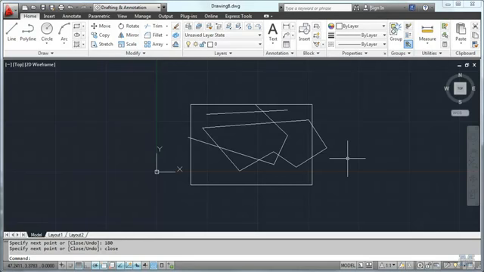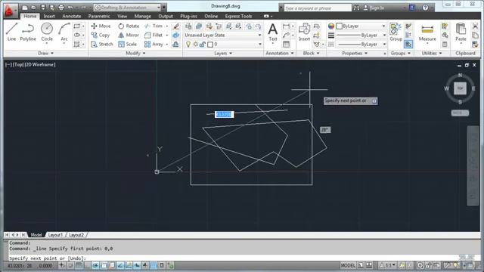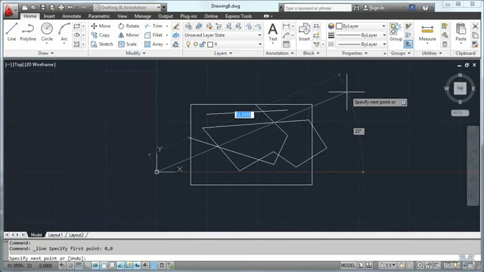By default, the dynamic input uses relative coordinates. If I want to use absolute coordinates, because there's a point that's 0, 0 on the screen here, I hit the line tool, and I have to type the pound symbol for absolute coordinates. So pound 0, tab 0, and then hit enter. It goes to the 0, 0, which is right at the XY as you'd expect it. And then from there I can go